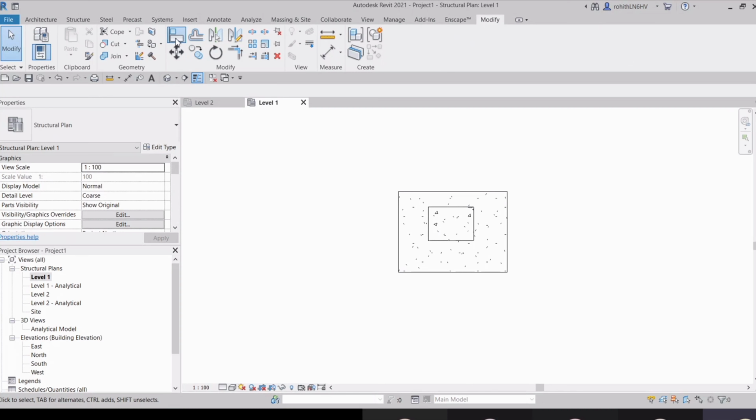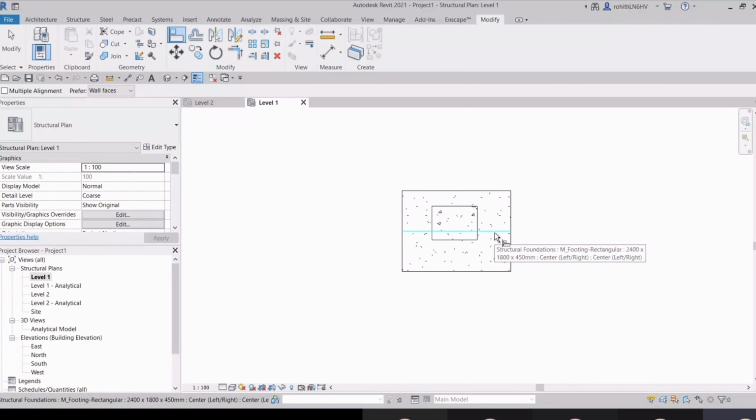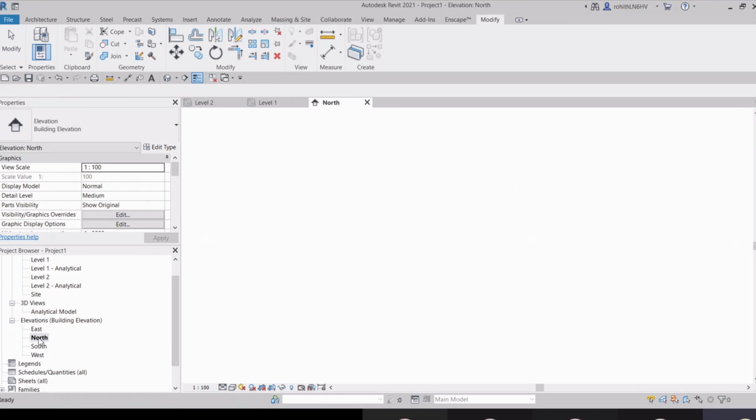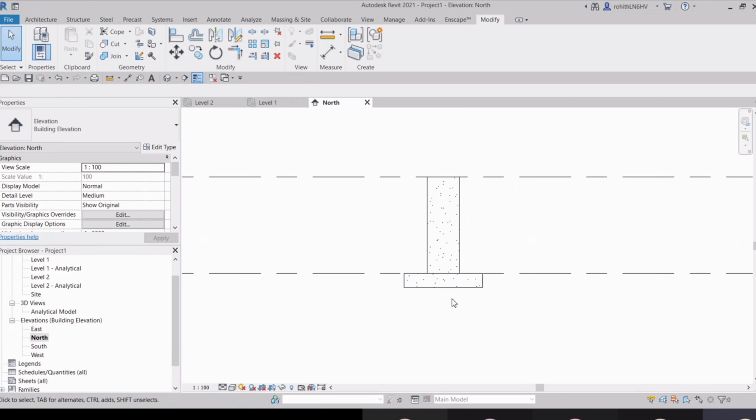Okay, no problem. So I can choose this align option, and this foundation has this center line, right? So I can choose this center, and then I can choose this center of the column that is properly aligned, and then I will select this vertical center line, and then the vertical center line of this column. And if you want to make it constant, you can make it. But right now this is not necessary. So yeah, let me go to any particular elevation, and there you can see that these are placed.